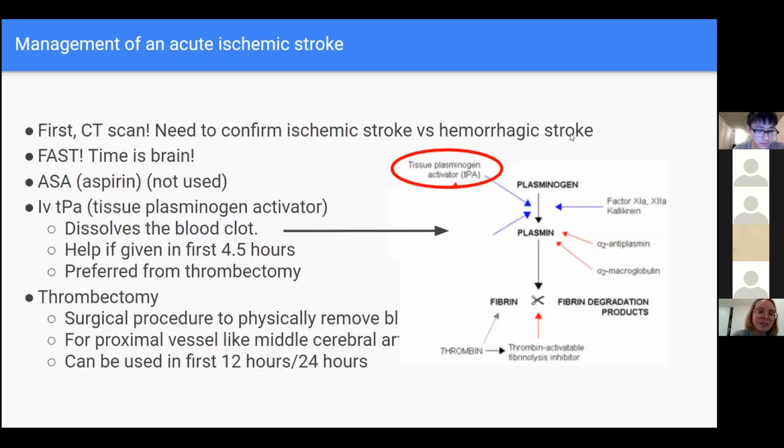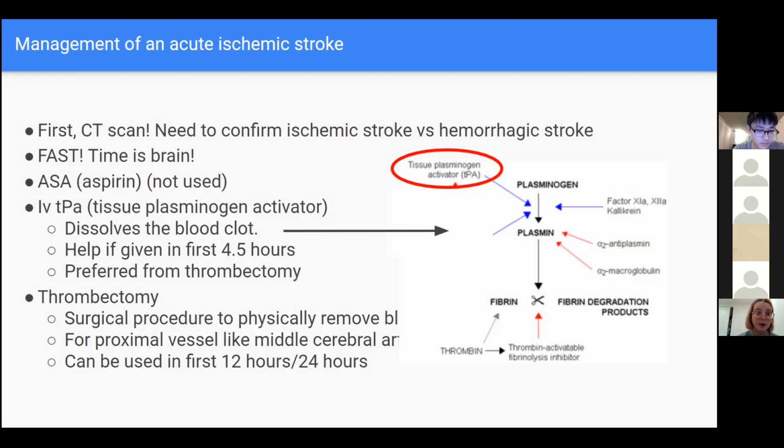Okay, so the management of an acute ischemic stroke now. If you see a patient and you think that they have an ischemic stroke, the first thing to do is really to do a CT scan. The importance here is to confirm: is there really an ischemic stroke, or could it be a hemorrhagic stroke? Because obviously, if it's an ischemic stroke, what you're going to try to do is really break the clot,